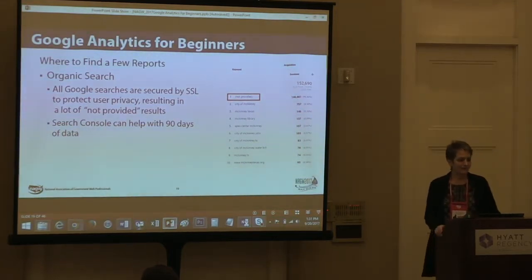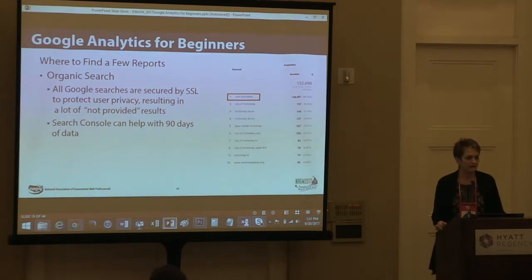Well, you can get some from what used to be called Webmaster Tools. Search Console can help. You can, again, Google that if you'd like to set that up, but it has a few more tools. It's only 90 days of data, but there's a little more information there. Ours is usually pretty much the same. It's almost all City of McKinney, you know?